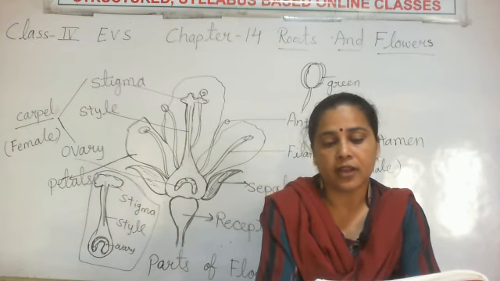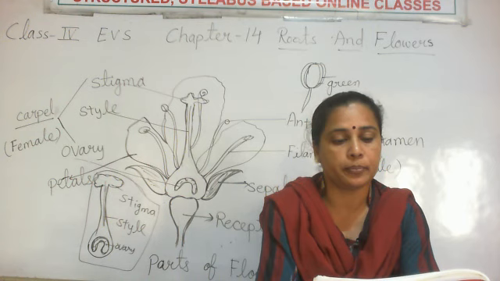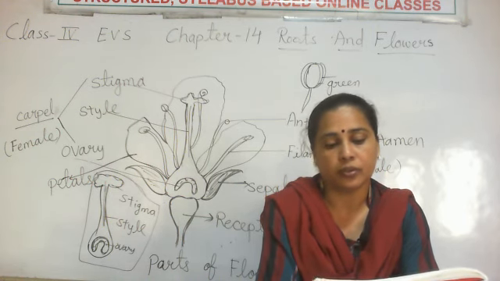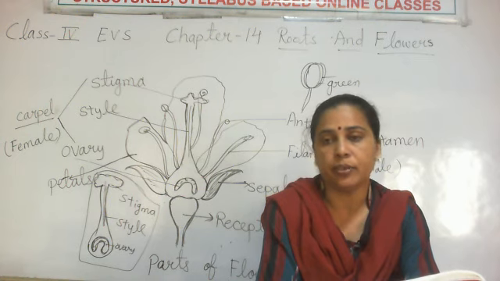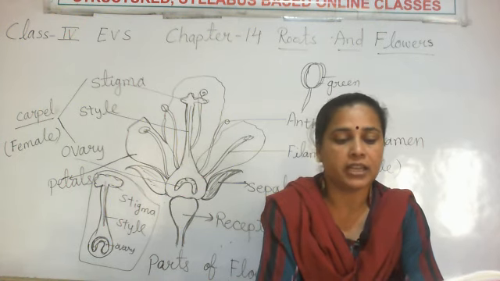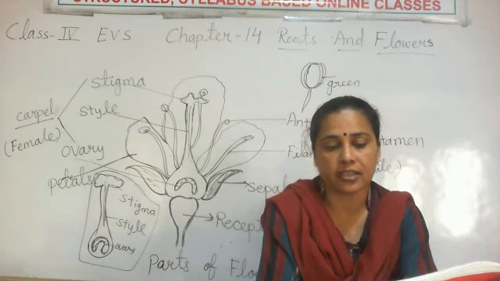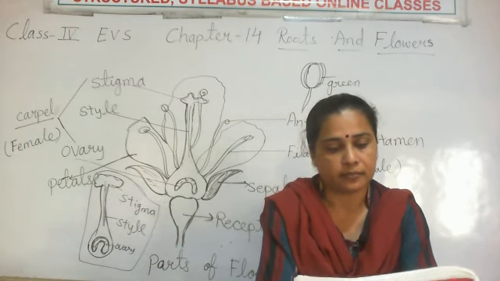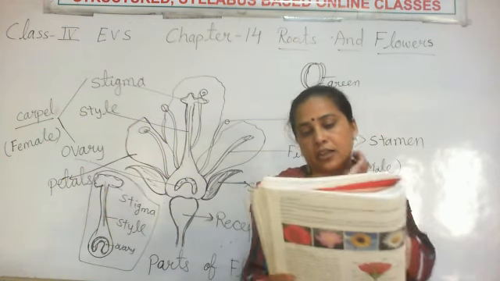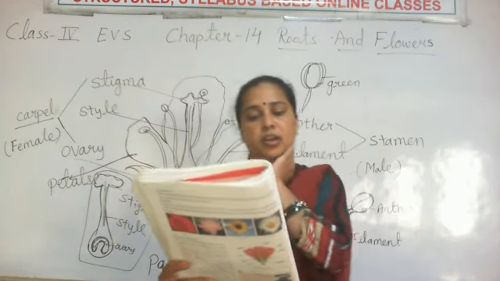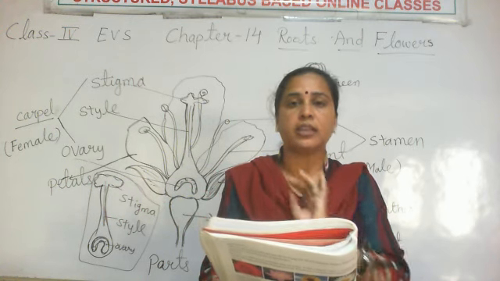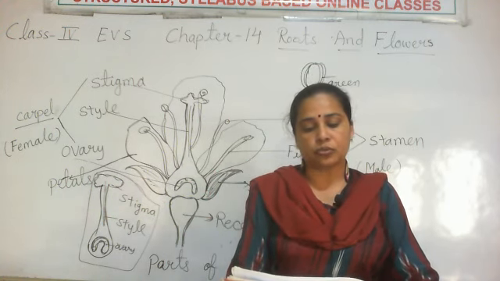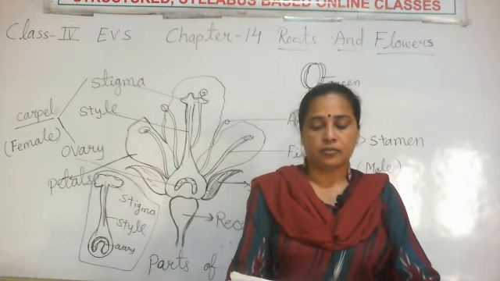Cloves are dried flower buds and saffron is the pistil of the saffron flower. They are used to flavor many dishes like biryani. Vanilla essence used in cakes and desserts also comes from an orchid flower. Petals of some flowers are used to make herbal colors called gulal during Holi celebration. Rose water and rose petals are used to flavor kheer and firni.